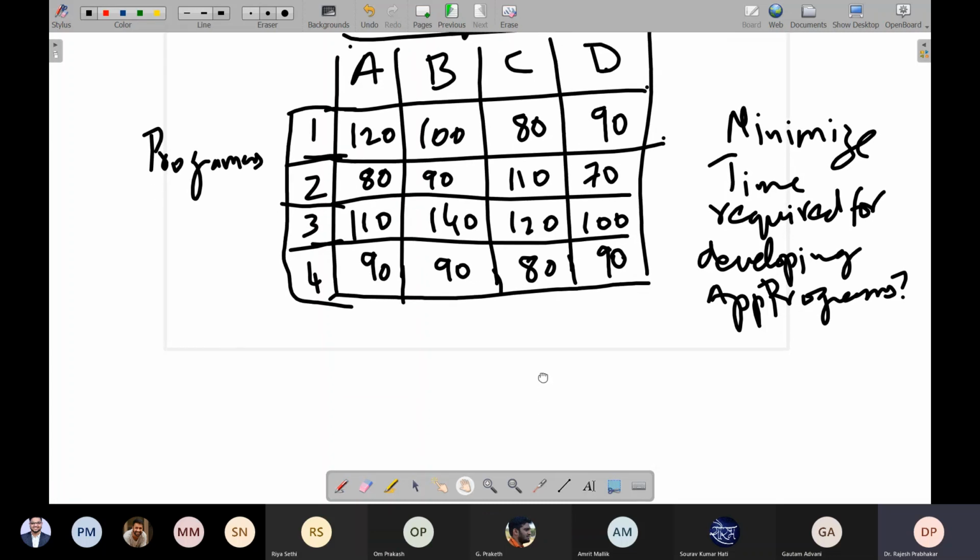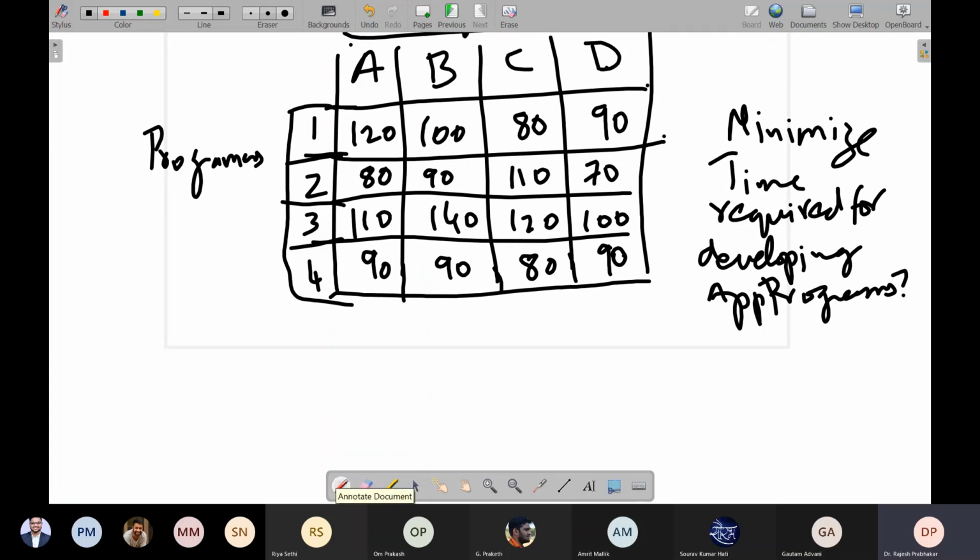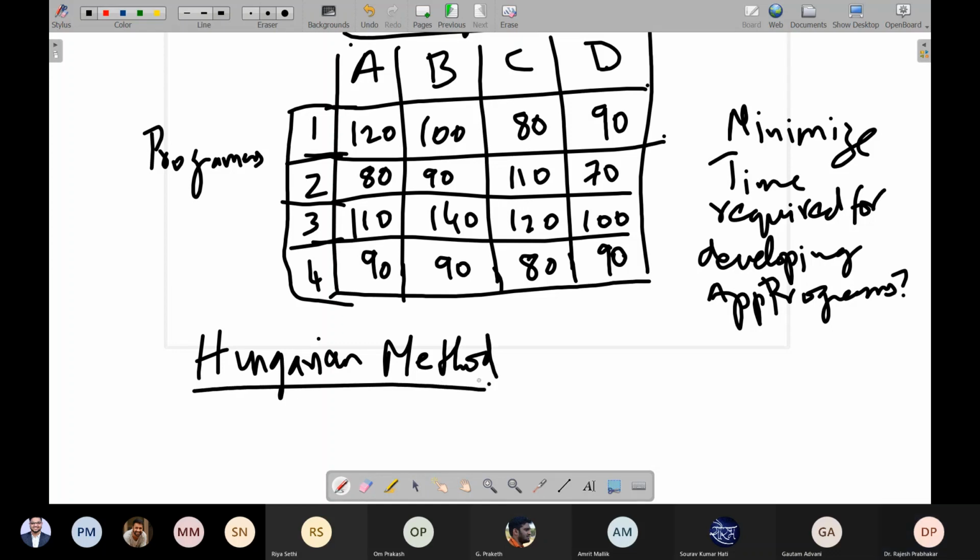Now, one of the popular methods here when you do it manually, other than the simplex method which is followed in solver, is the Hungarian method. Manually solving, we can solve using the Hungarian method.